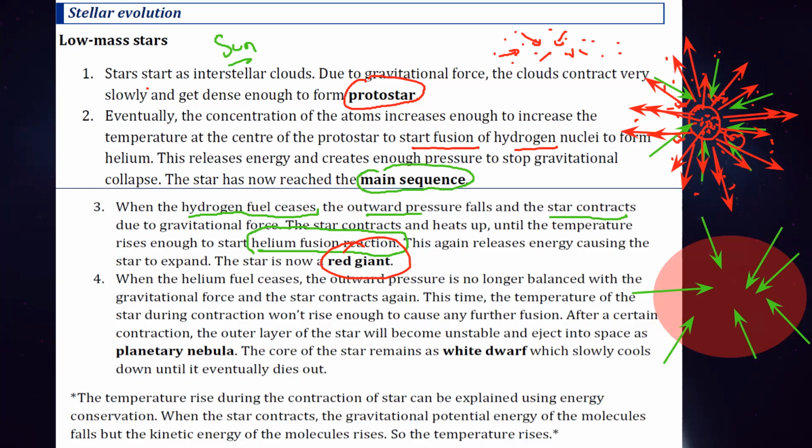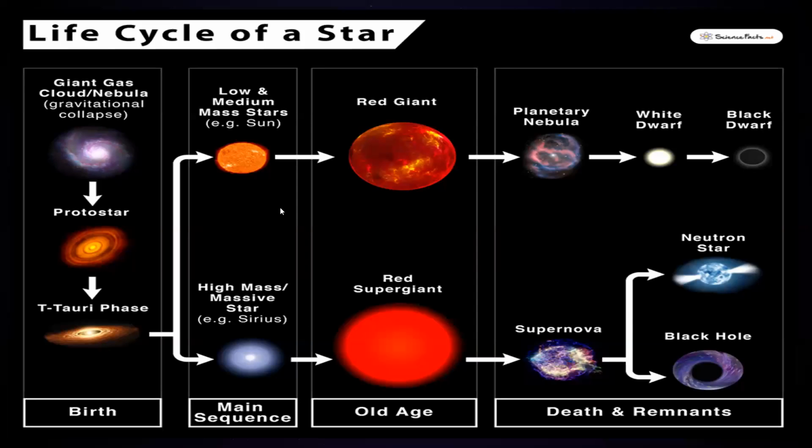As I said, the size of the sun will increase so much that it will take the orbit of Mercury and Venus when it becomes a red giant. So as a result, what will happen for our